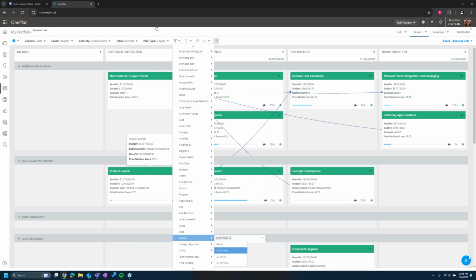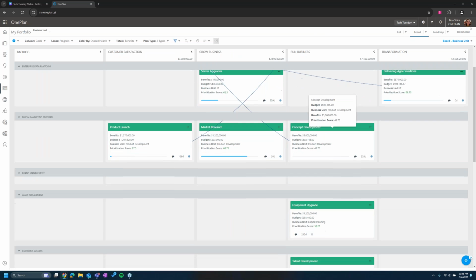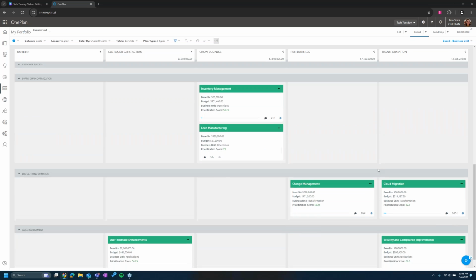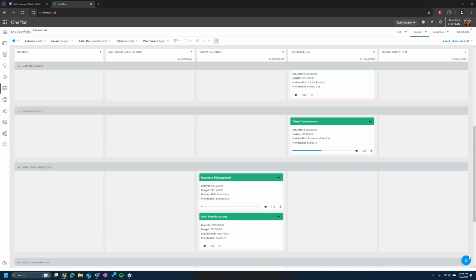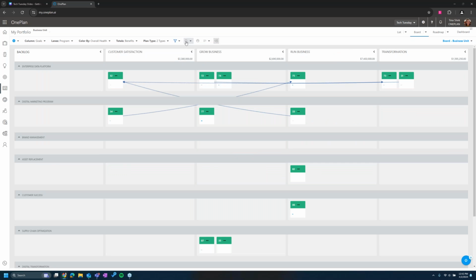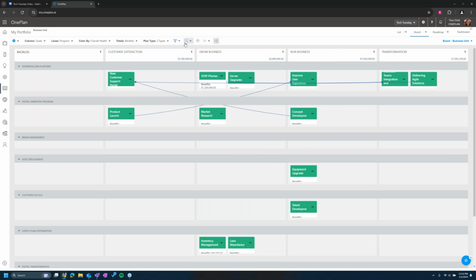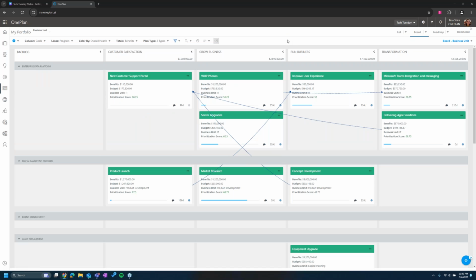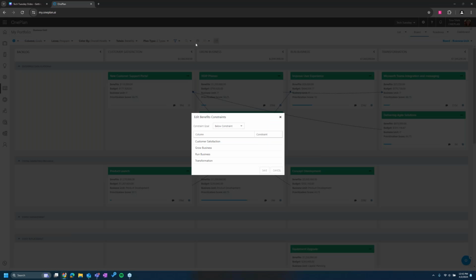So now the cards that I see are going to show me all of the plans or epics where the status shows on track. You can zoom in and out. You can set the zoom to small, set to large. So you can start seeing kind of a broader map or smaller, depending on how you want to zoom in and out. Constraints are also useful if I want to set values in the cards to show me